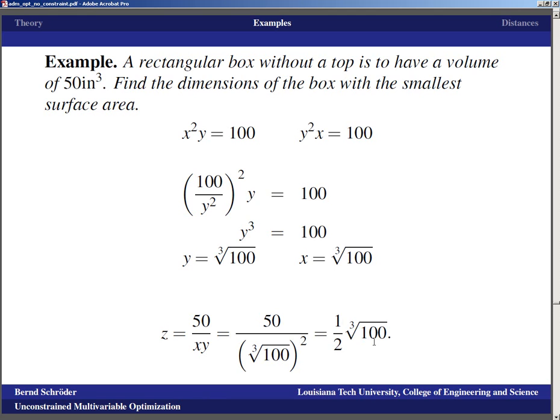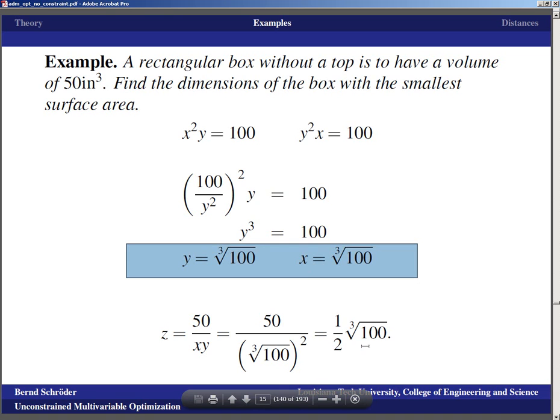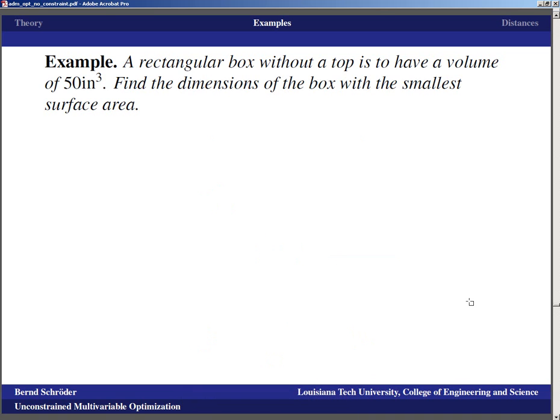So this is 1/2 third root of 100. So the only critical point that we can find is that x is equal to y, and they are both equal to the third root of 100, and then z, the corresponding vertical dimension, is 1/2 times the third root of 100. Now we also have to check the boundary here, and basically the boundary is the boundary of the